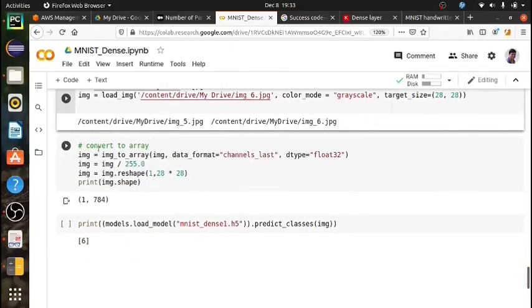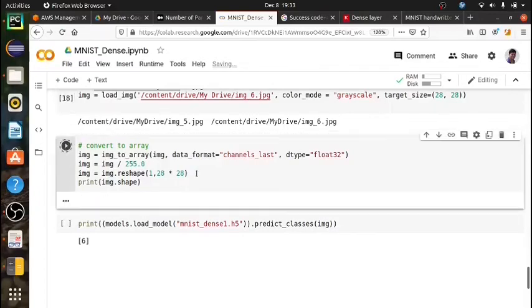Now I have converted this image into an array using img_to_array with data type float32, and again normalizing and reshaping, right? Okay, fine. Now in the last step I will be using predict_classes. This is to check what is the class of the image.